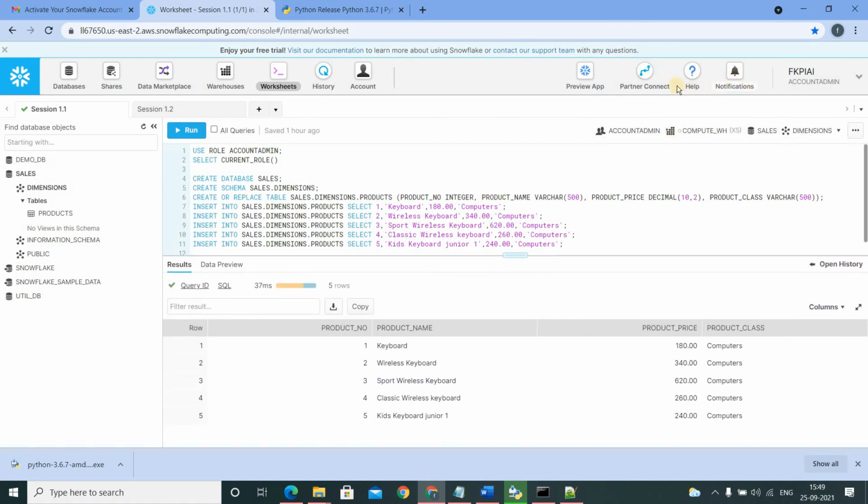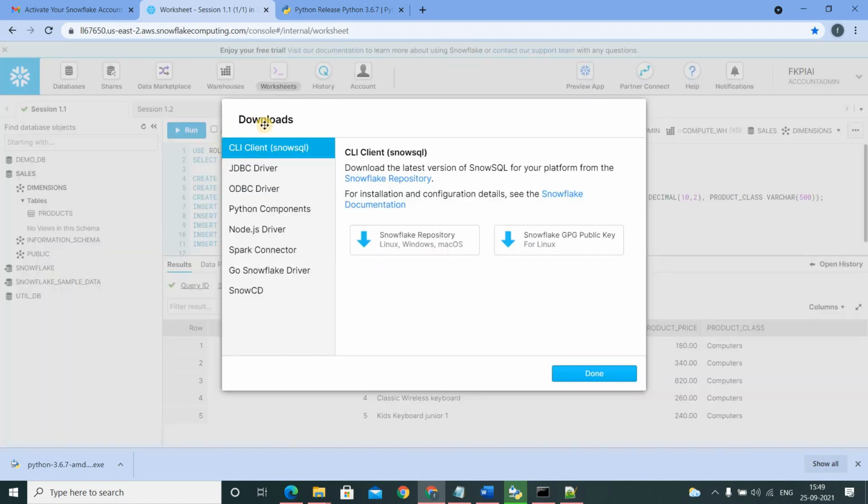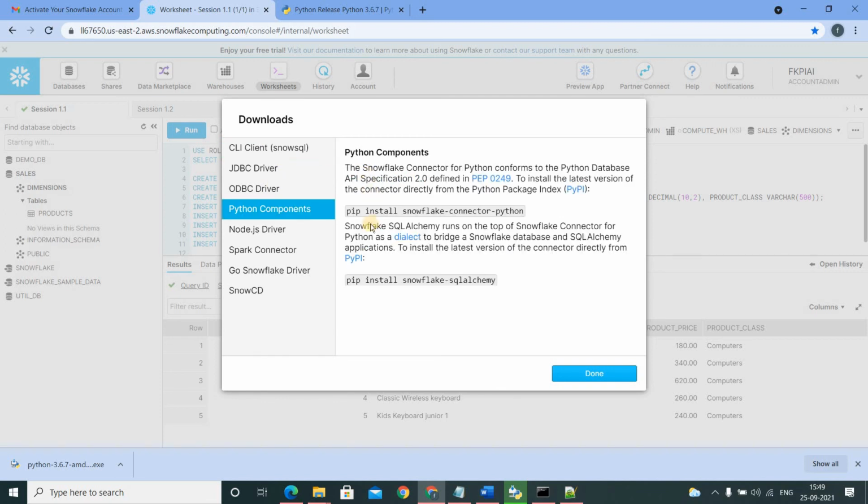Now in a similar way, you will see one more option under downloads. SnowSQL we are aware of. In the Python components we see two things: one is the Python Snowflake connector, and another one is Snowflake SQLAlchemy. This is also a Python library, an open source, Python-based library.